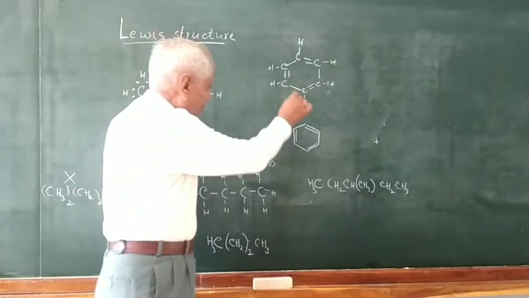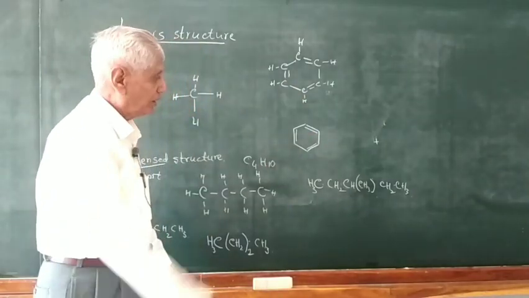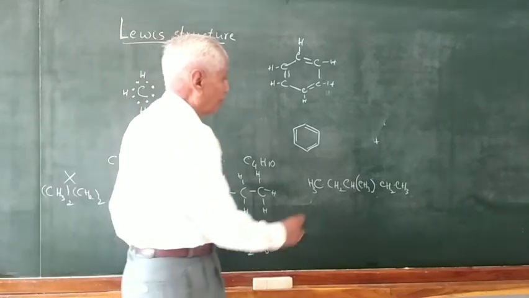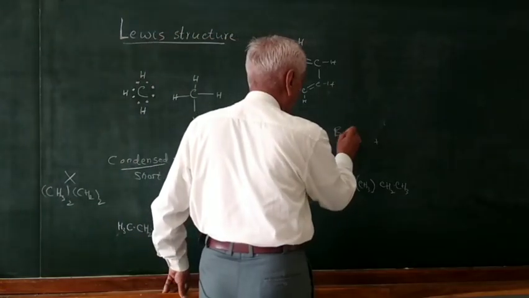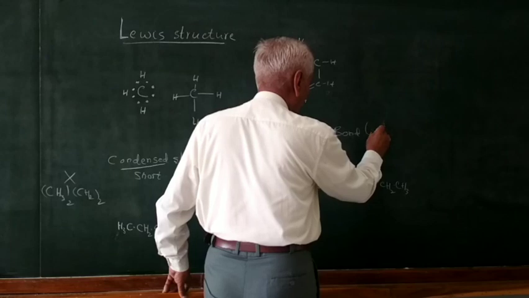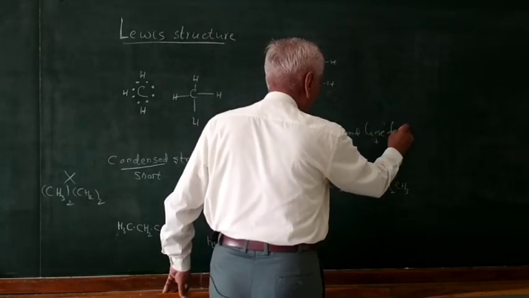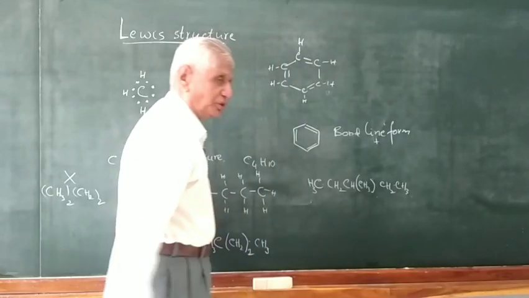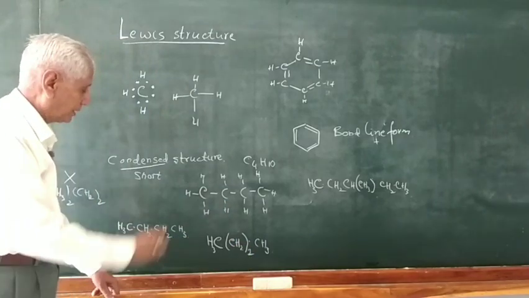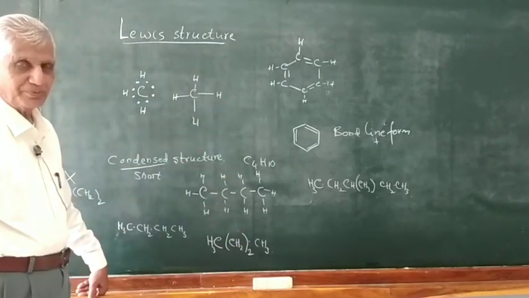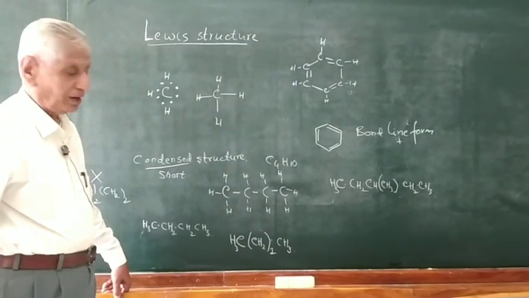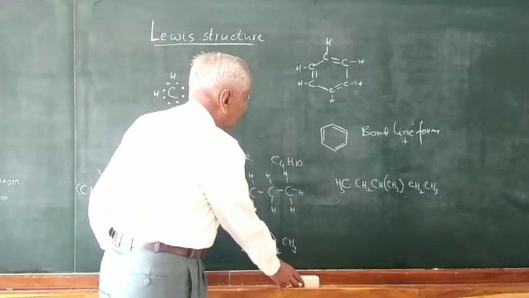So this is also called the condensed form, or it is also called the bond line form. This structure will come a little later. Now let us go for the bond line structure. Okay, so